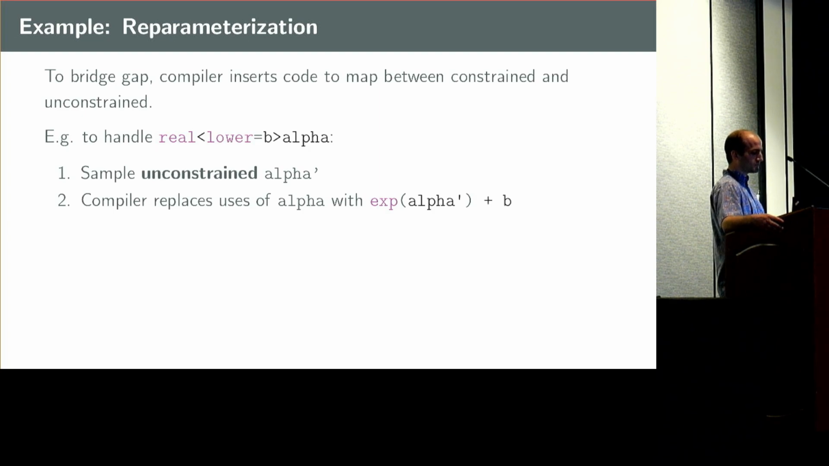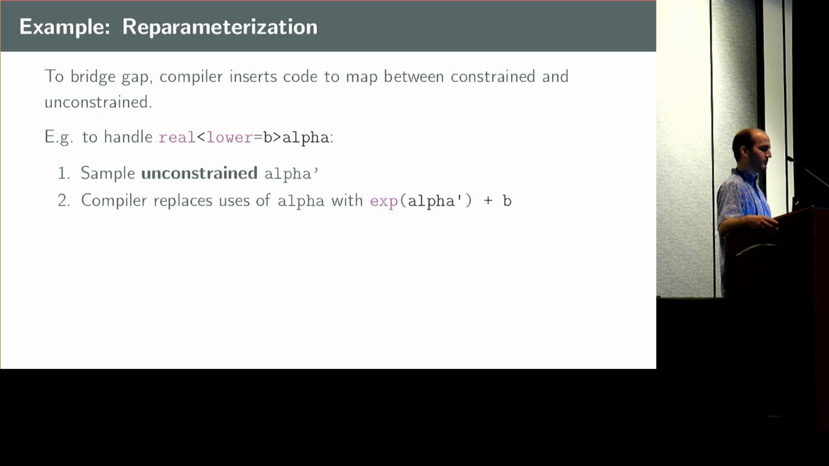and the compiler will have replaced all the uses of the original constrained alpha with instead an expression that computes the exponentiation of alpha prime plus b. So if you think mathematically, that remapping gives you a value that lies in the interval from b to positive infinity. That's a little unusual for a compiler to do, but I guess it's just some kind